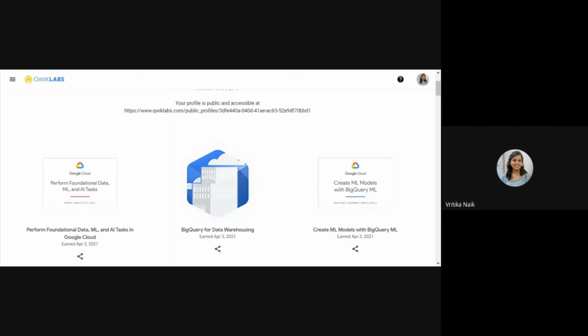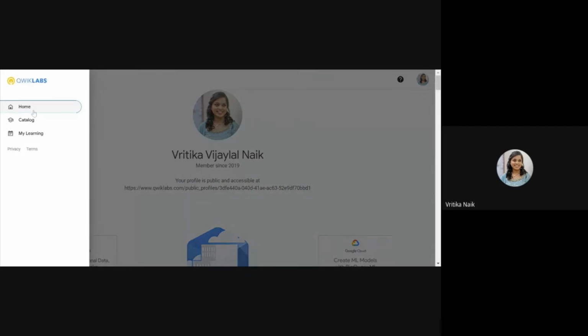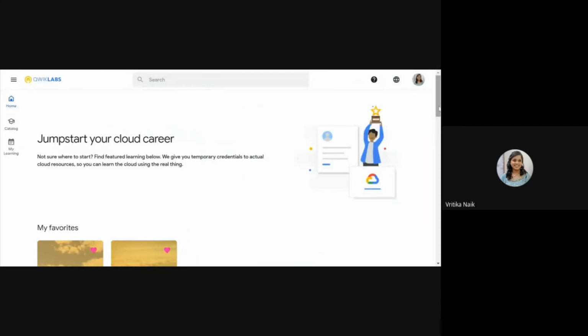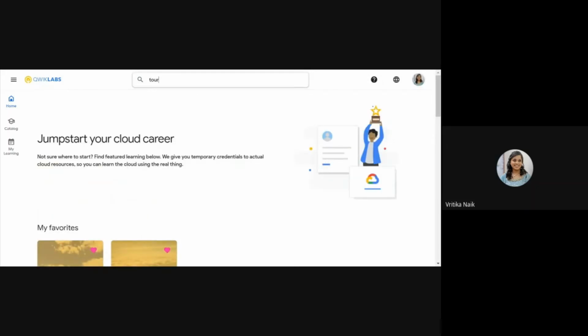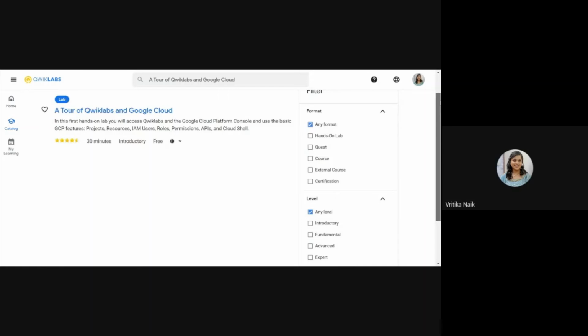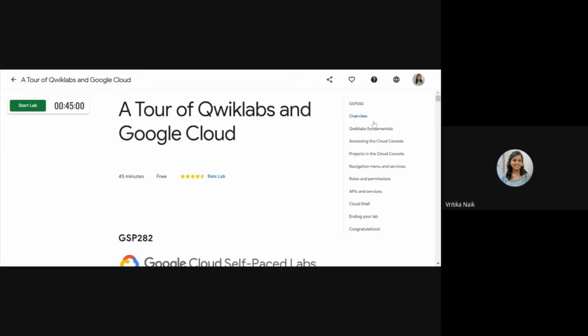Now let me show you guys how a Quick Labs lab would look. Let's go to a basic lab. Tour of Quick Lab. I'm going to share the link with you guys also, so you can maybe try it out. It's the first lab that people usually take up when they start their journey in Google Cloud. It helps you understand what Quick Lab is and how to use it